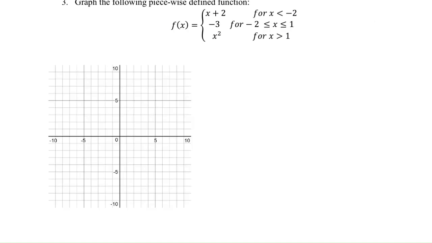Question 3 here is from section 2.2. In this one, we're graphing a piecewise function. The way I suggested that this be done in class was to look at each piece individually and make a table of values for just that piece. So if we're going to make an XY table of values for that top piece,